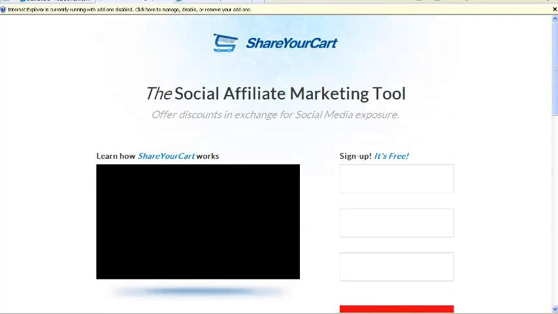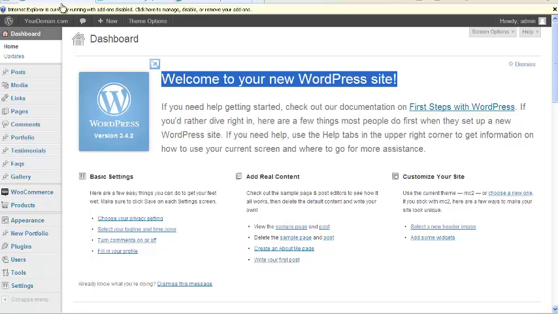It is free. And you can either sign up at shareyourcart.com, or you can actually click on a few buttons inside the dashboard, which will create the account for you. So let me go ahead and bring you to that screen and just walk you through that real quick here. If you go down on the left-hand side where it says WooCommerce,